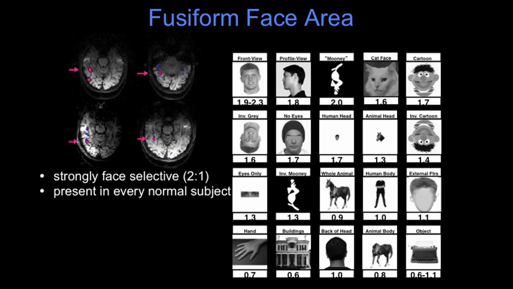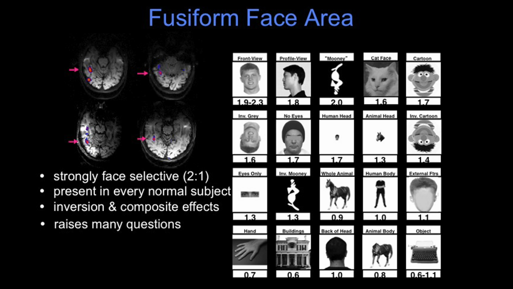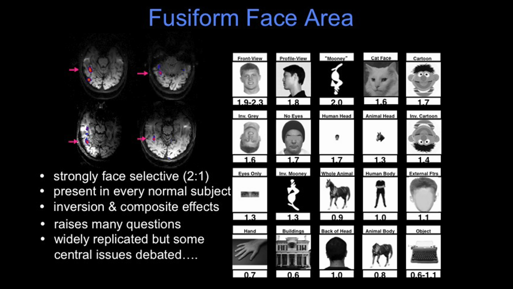In other studies that I didn't have time to fit in here, you can show that it has both inversion effects and composite effects, fitting the behavioral data and the developmental data. And its very existence raises a huge number of questions. And what I wanted to do was take a little bit of time to discuss what I see as the strongest challenge to this simple-minded story I'm serving up right here. Okay? Strongest challenge